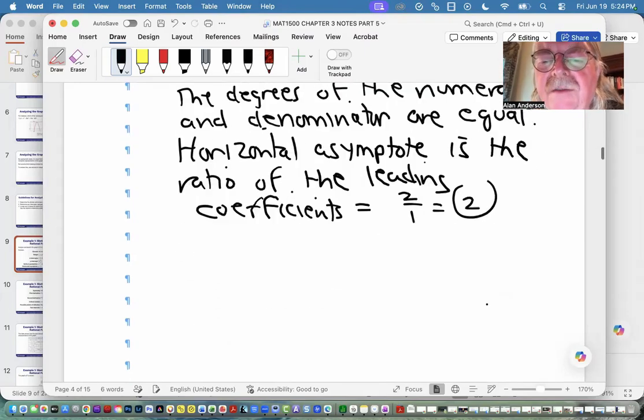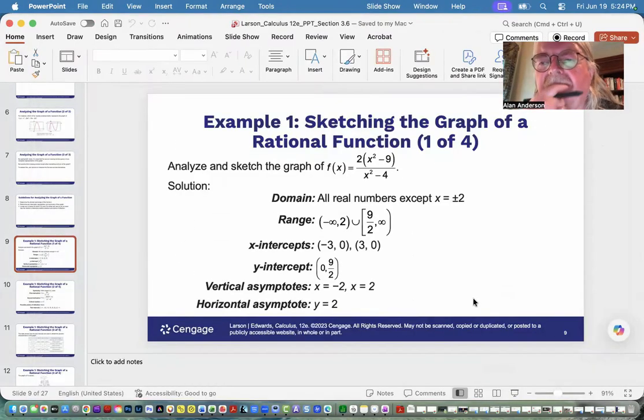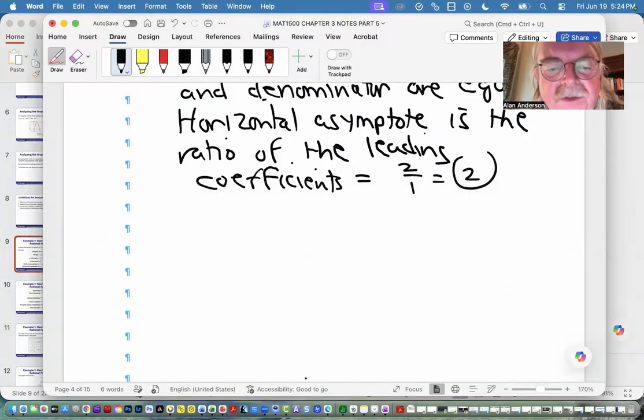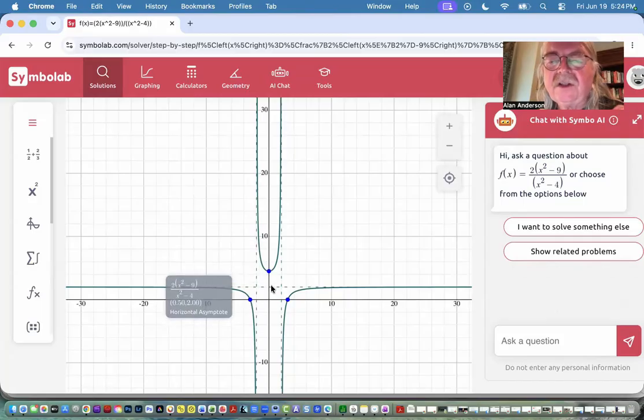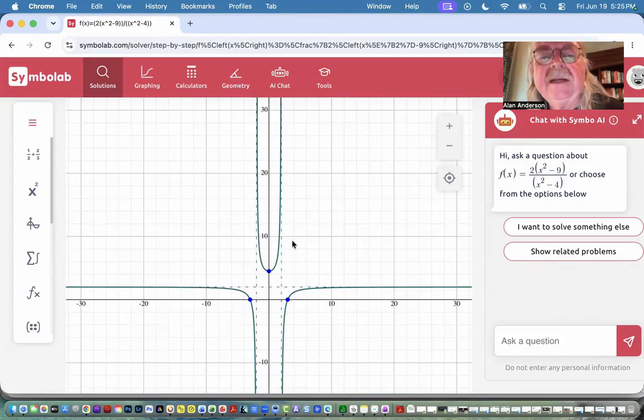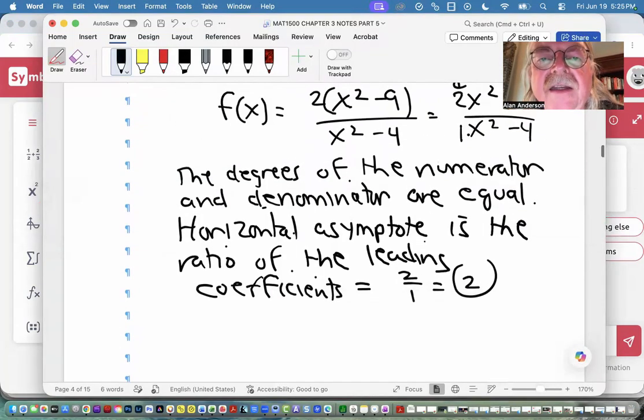So the horizontal asymptote is 2, which means that the range will stop there, and then we jump up to that next segment, which you saw in Symbol Lab, where we have a minimum point on what looks like a parabola. And so whatever that minimum point is, whatever's in between that and the horizontal asymptote is missing from our range. So that means they wanted us to find that minimum,